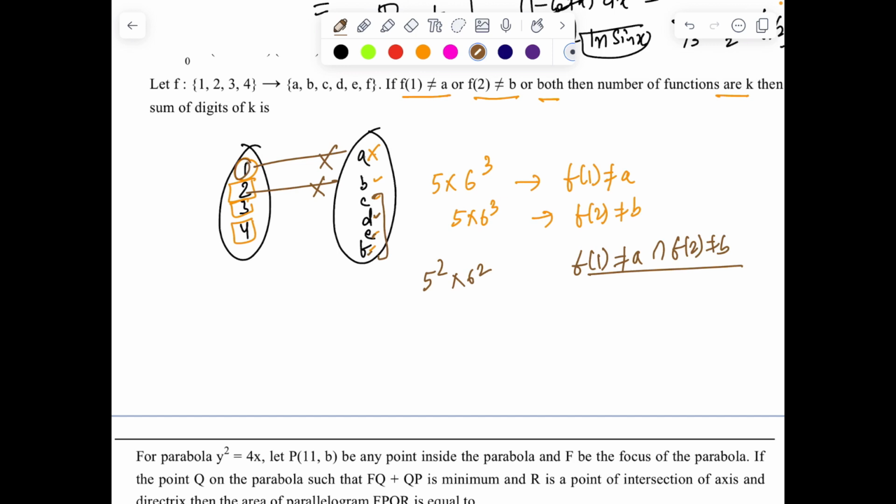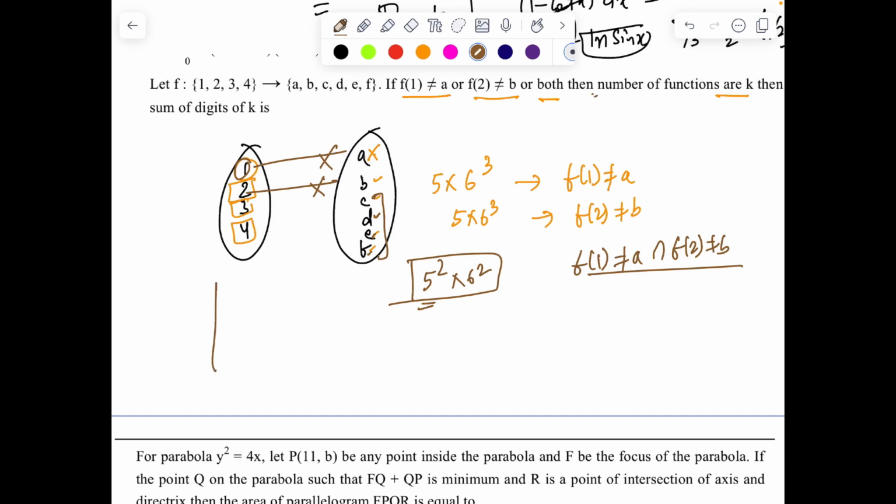If 1 cannot go to a, then 1 will have 5 choices, 2 will have 5 choices, and 3 and 4 will have 6 choices. So 5 square, 6 square. So now with the principle of inclusion and exclusion, if we want either in a or b or in both of these numbers,